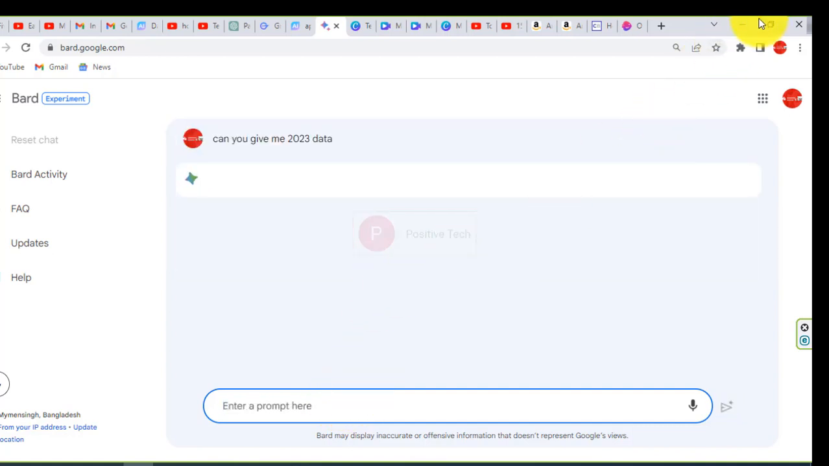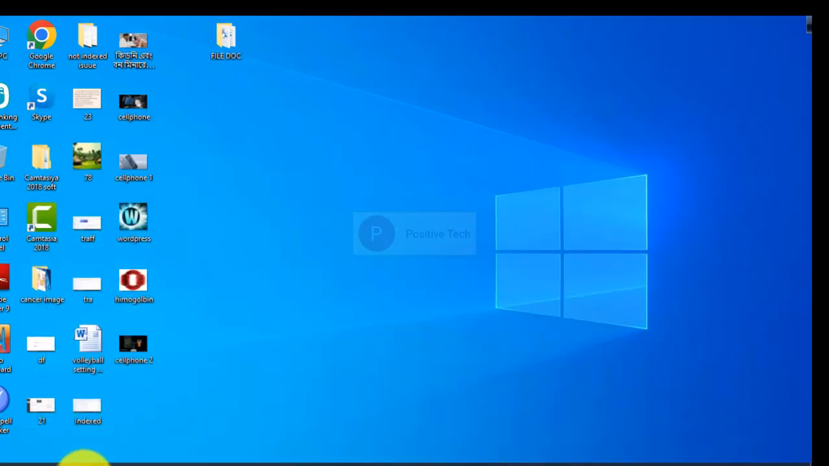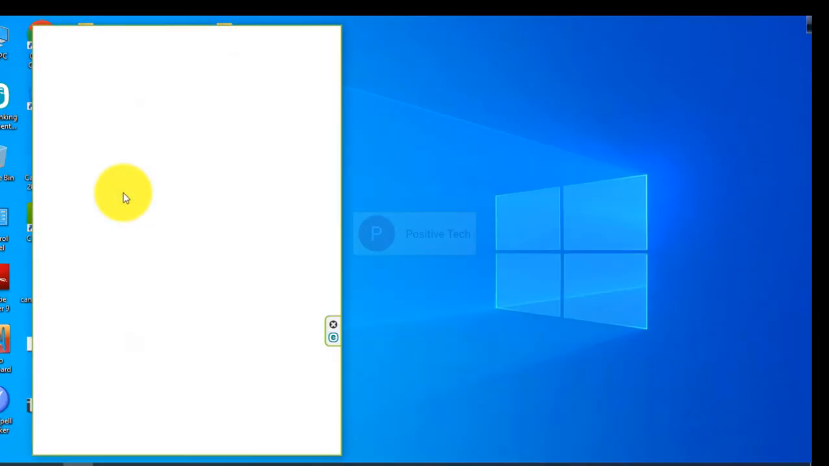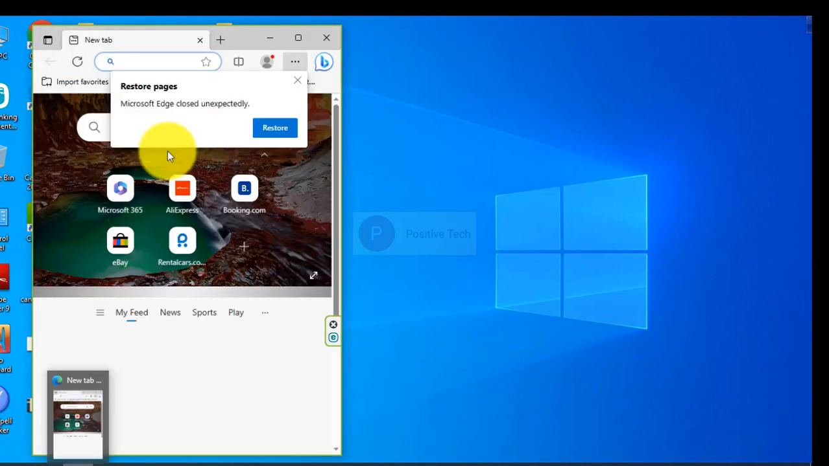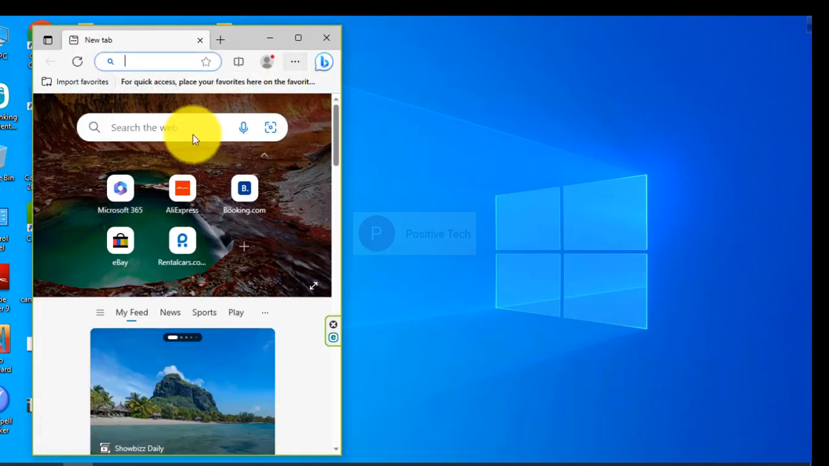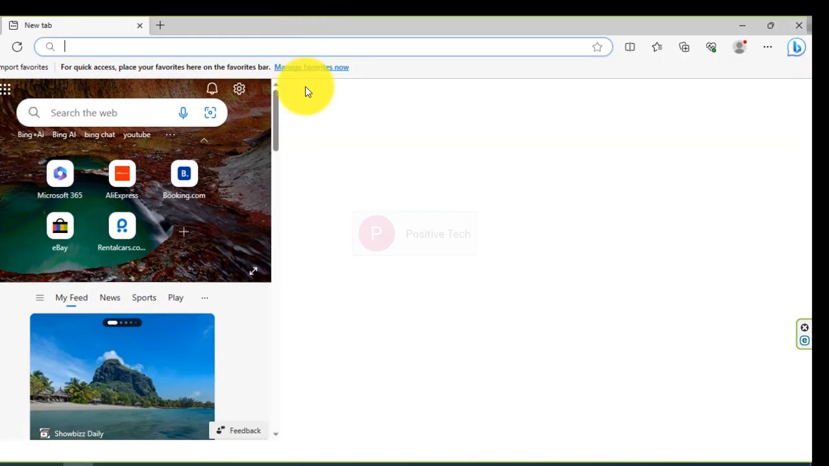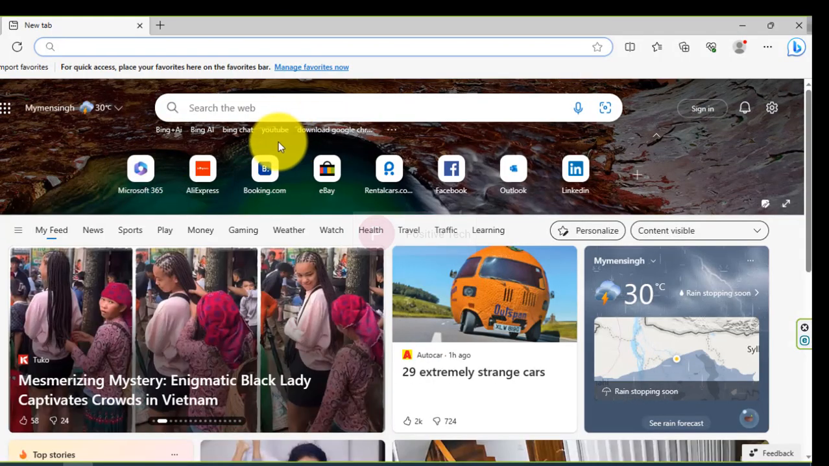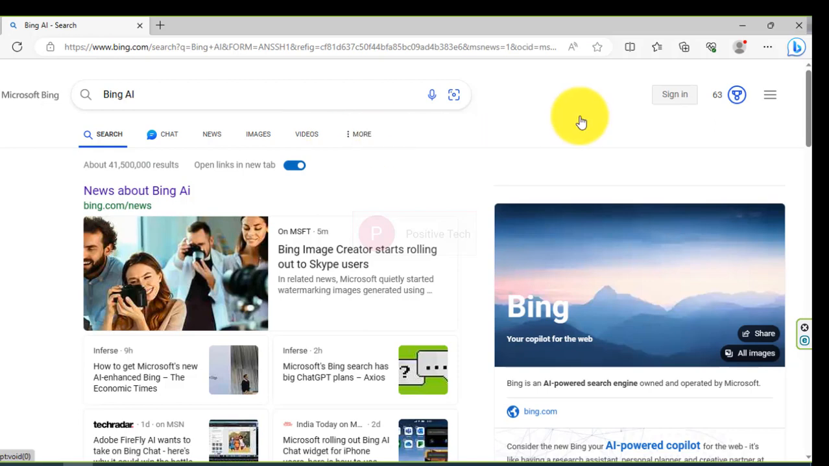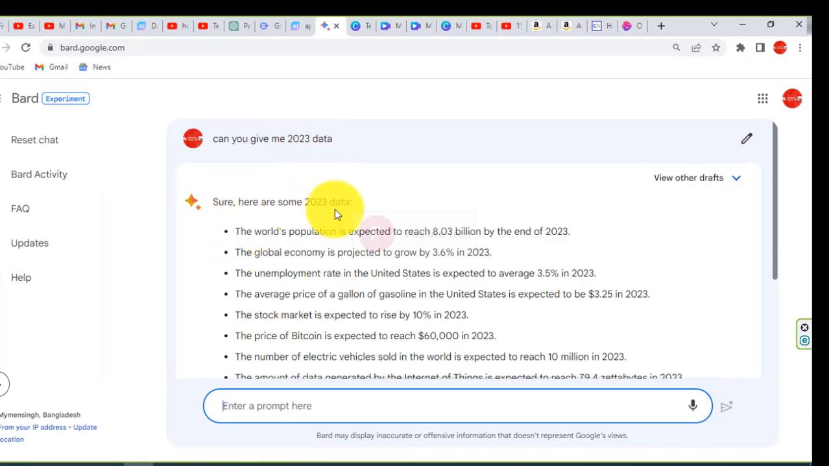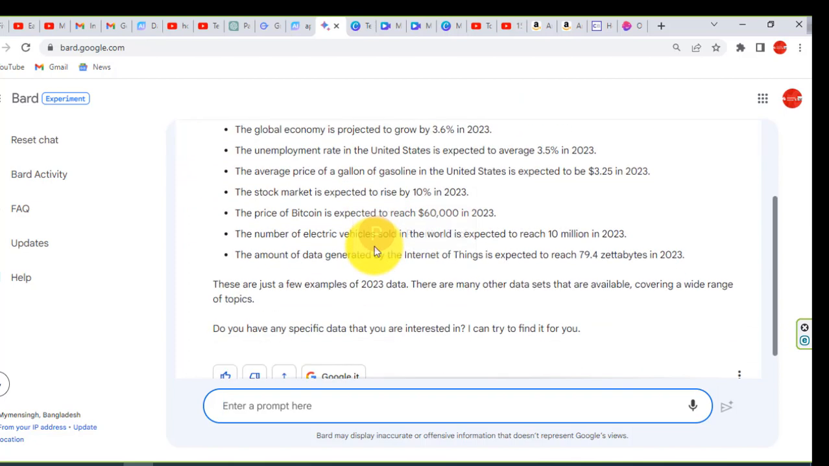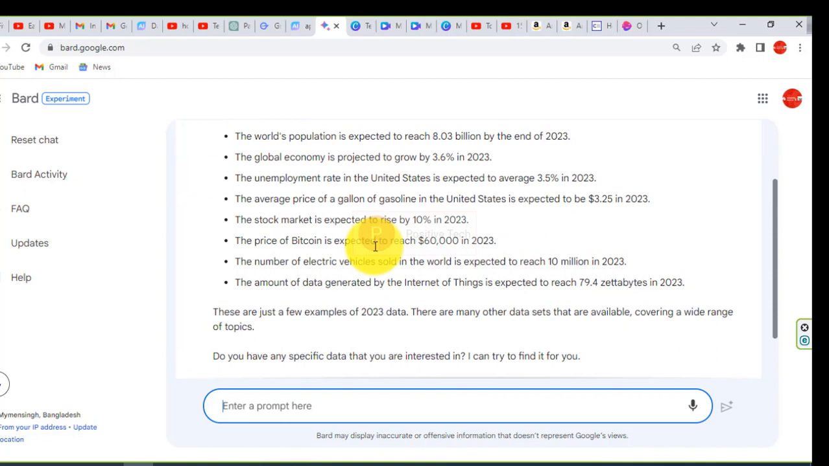Another is Bing Chat, which is also becoming very popular day by day. If I ask, give me 2020 data, it says, sure, here are some 2020 data. It gives us exact data. You can check these in a Google search. They will be accurate. The world population is expected at the